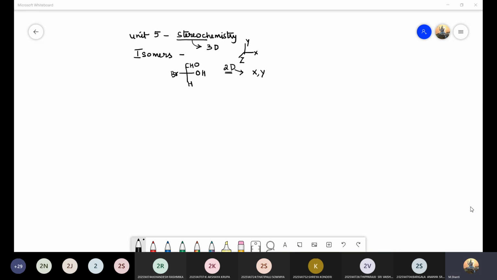Okay, stereo deals with the orientation of a molecule in space. Anything related to space or the 3-dimensional would be termed as stereochemistry. Okay, so that is about the introduction part. Now coming to the isomers. Now what are isomers?